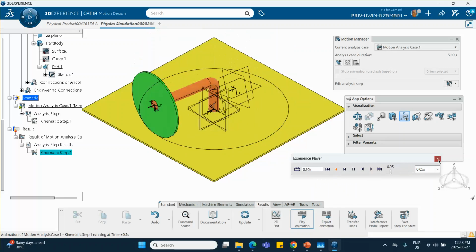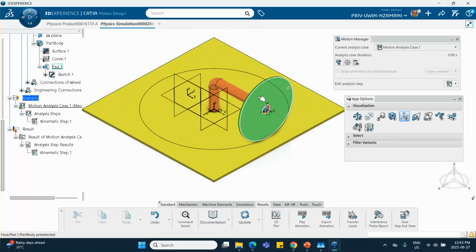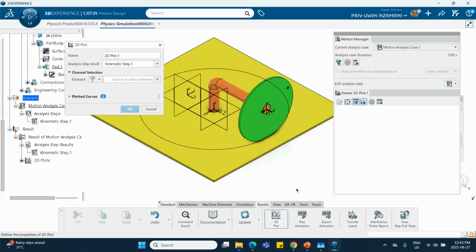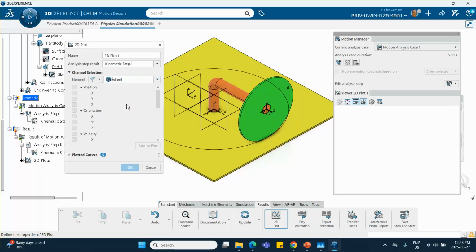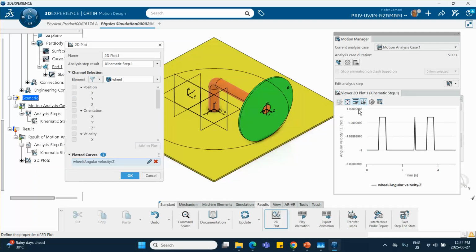So things look good. Now we're going to plot the angular velocity. So we go to plot 2D and we select the wheel, and let's see, angular velocity. Now, this will give you the X, Y, Z components. For example, if I do the Z component, I'm going to get 2. See, that's almost 2. This is all within round off. It's 2. Okay, good. But if you want the angular velocity of the whole thing,